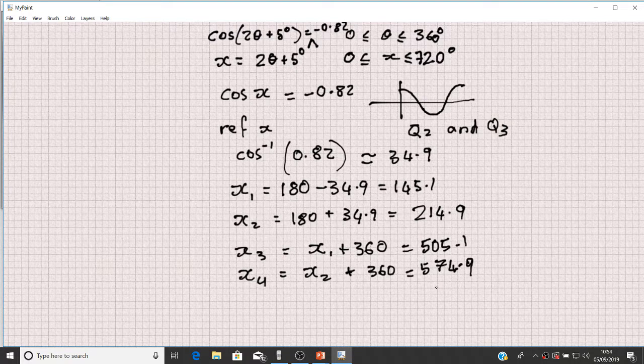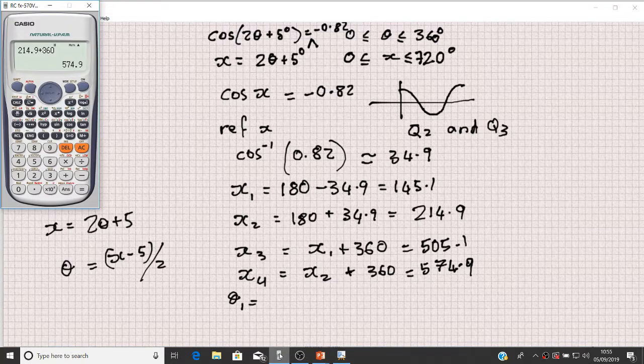So we've found 4 solutions for x, but what we are looking for is 4 solutions for theta. So remembering that x equals 2 theta plus 5, we can say theta equals x minus 5, all divided by 2. So we're going to take theta 1 equals, I'll bring up the calculator for that,